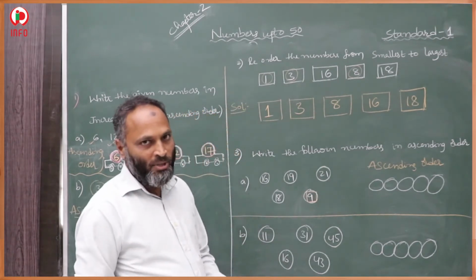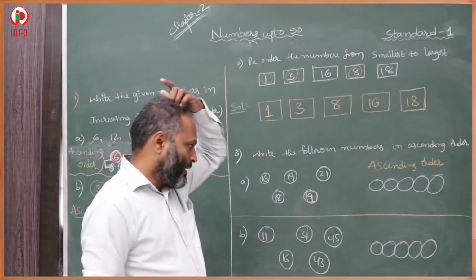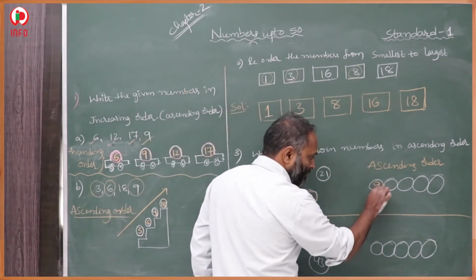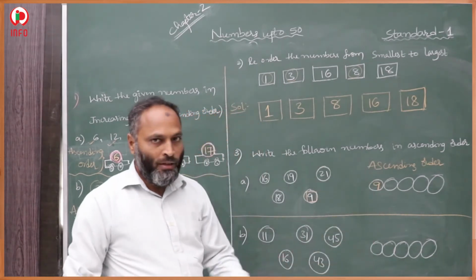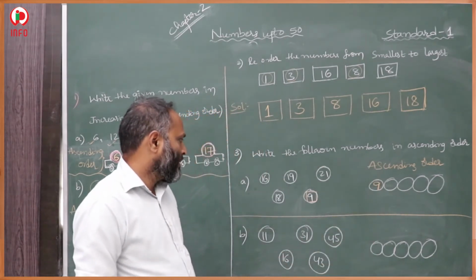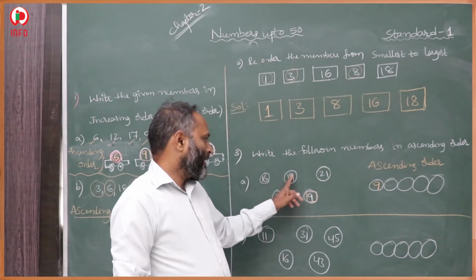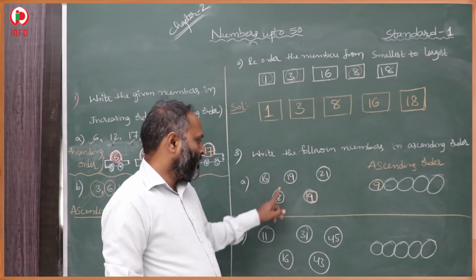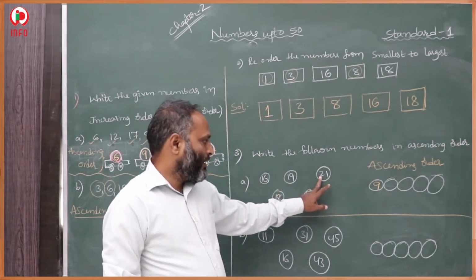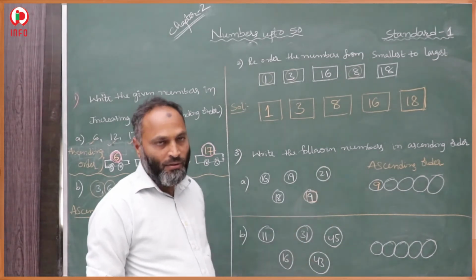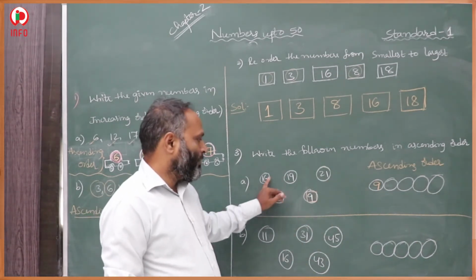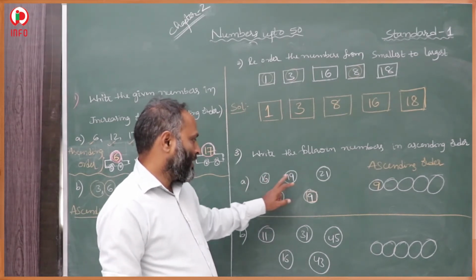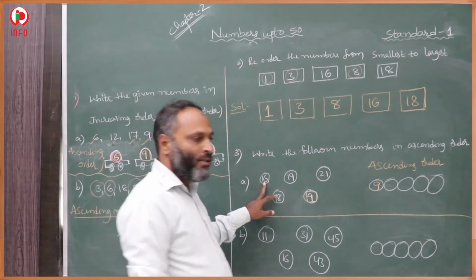Ascending means increasing, from smaller to larger. 9 is the smallest one, so we take it first. Then we go for the larger numbers, the 2 digit numbers: 16, 19, 21 and 18. In three of them the tens place is 1, and only one has 2 in the tens place. So first we compare these 3 numbers. In the ones place we have 6, 8 and 9. 6 is smaller, so 16 comes first.